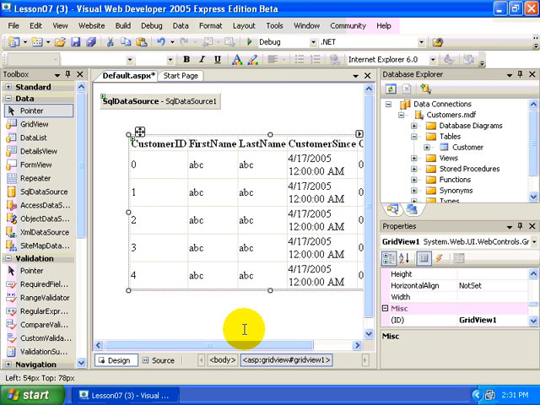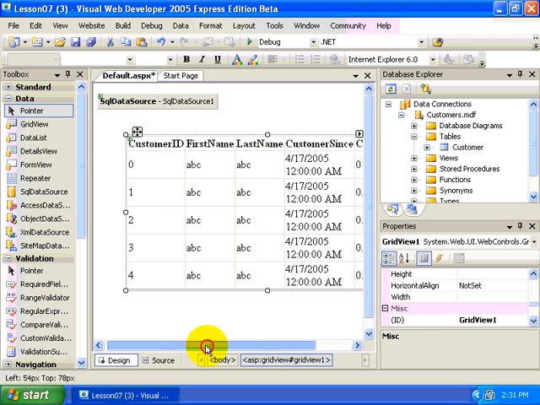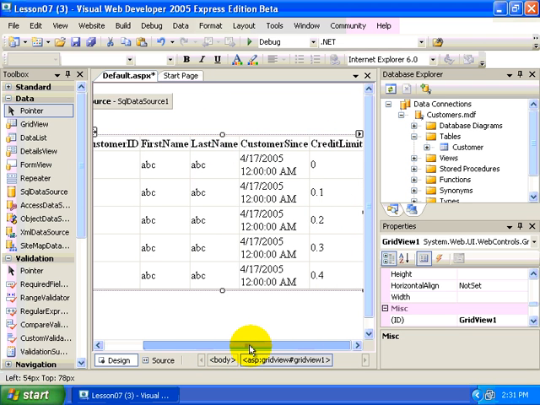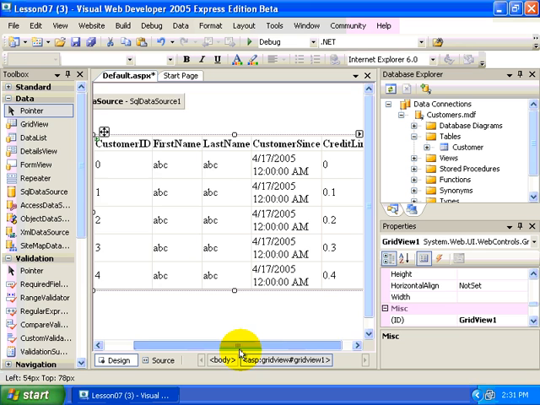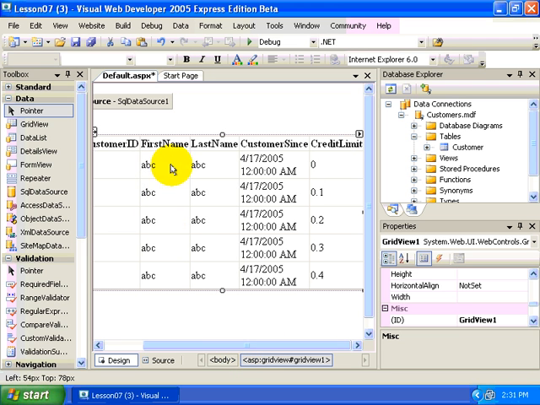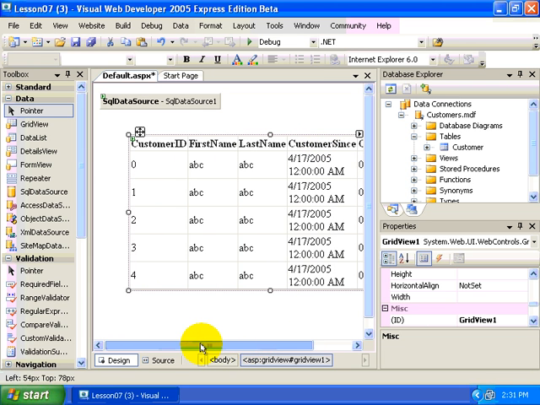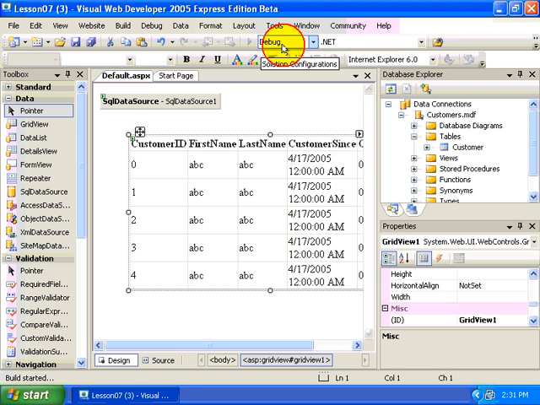Here, let me close the quick task window. It retrieves the field names and the data types and makes them available in kind of a preview mode. So you can see here's just string data. It doesn't actually retrieve data from the database. It just uses the data definitions in order to populate a preview of what this table or this grid will actually look like. So now that is all we had to do, and I'm going to hit the Start Debugging